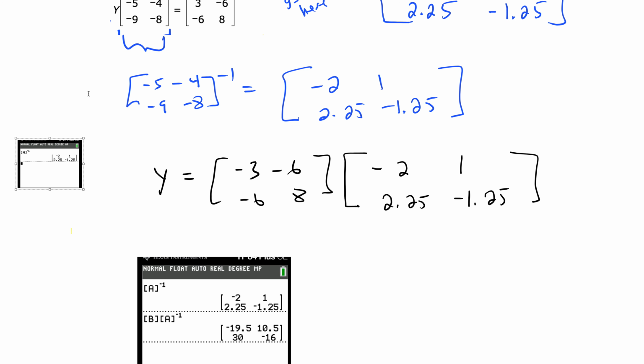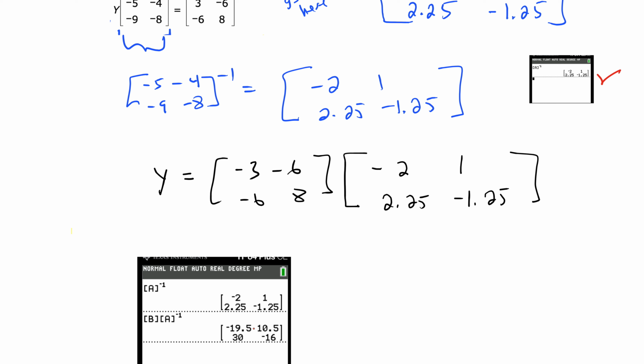So let me just minimize that a little bit. Okay, so we've found that right there. That's good news. This is the final answer right here, because what we're doing, and you can see it here, is original matrix B times the inverse of matrix A. So then y equals,